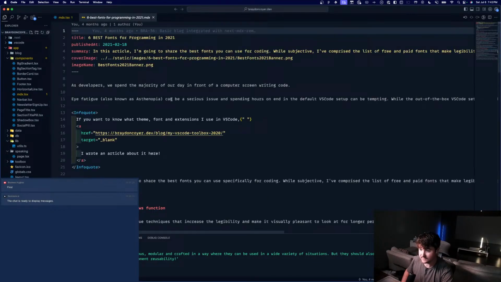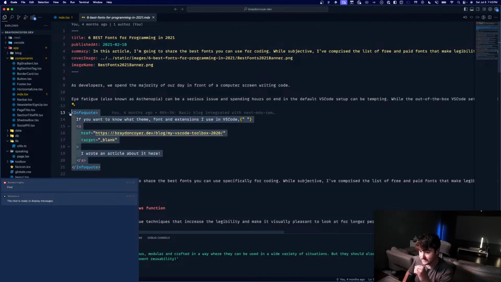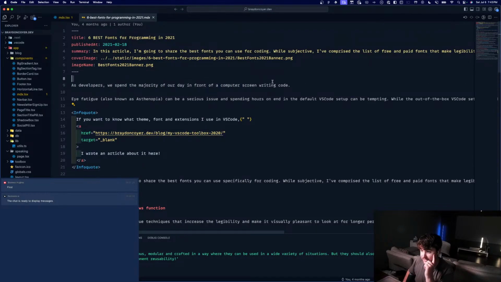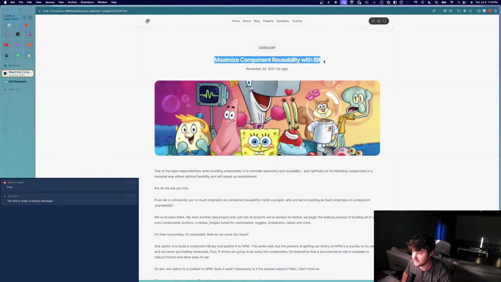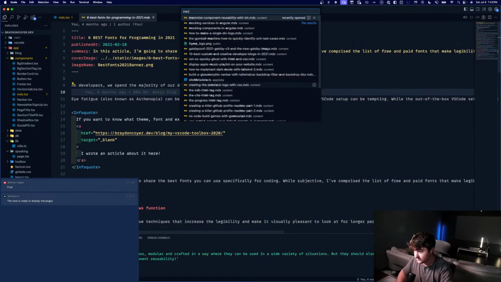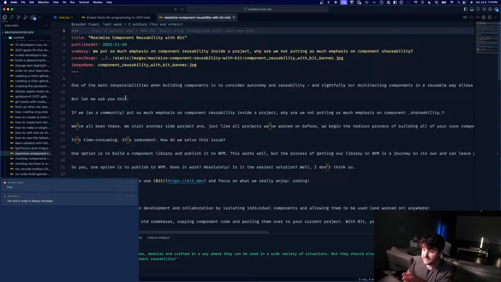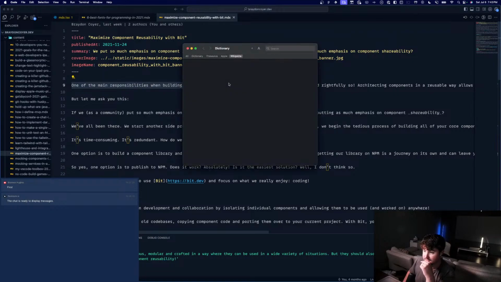So let's say we open up this one. This is just markup. MDX is just a flavor of markup that allows you to have React components injected into your content, which is awesome. And MDX is going to go line by line and try and match the content to something that we've set up. So for example, line 9 here, or I guess I could bring up the article we're working on, Maximizing component reusability. So here's the actual article. This is the content that I wrote in Markdown. So it's gonna take line 9,